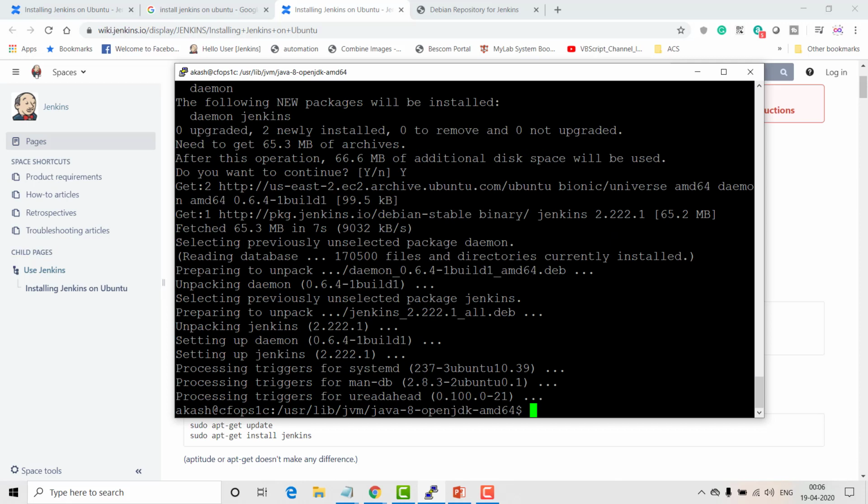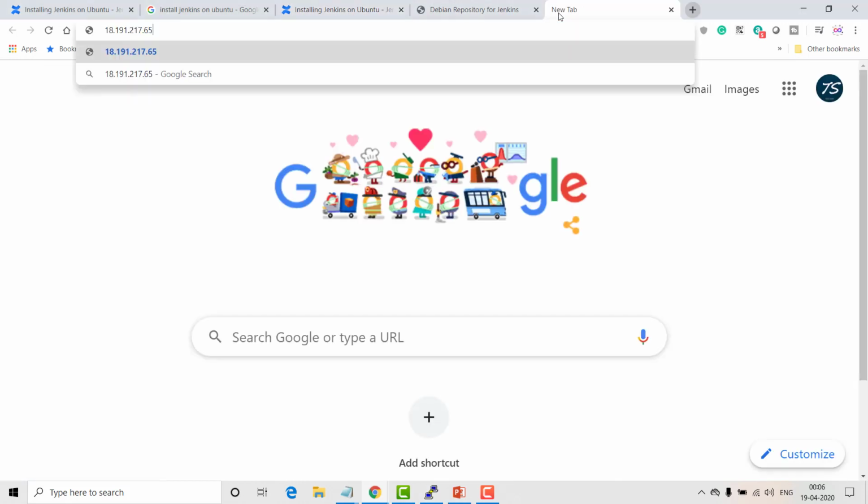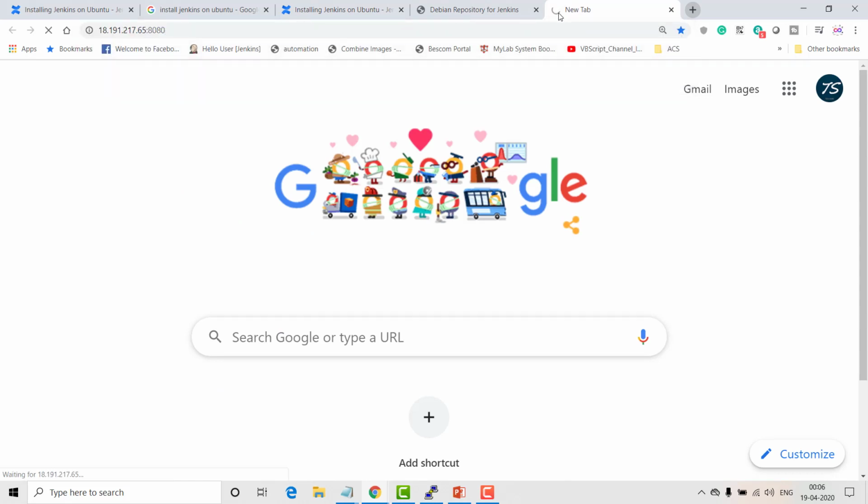Now that my Jenkins is installed and it is up and running, just take my IP address, and the port 8080 is added by default.